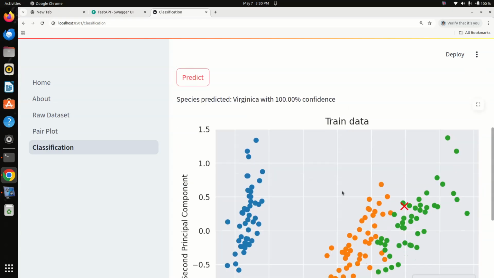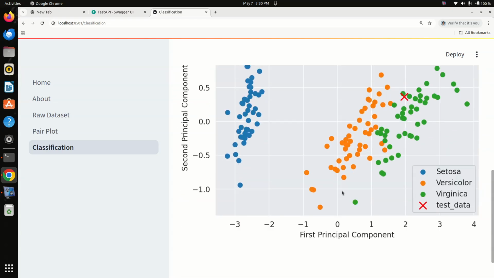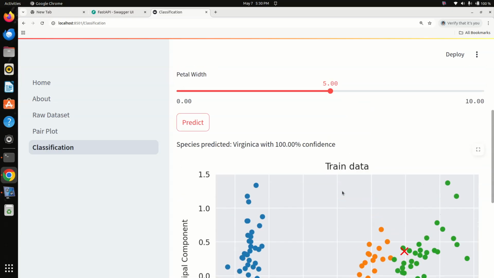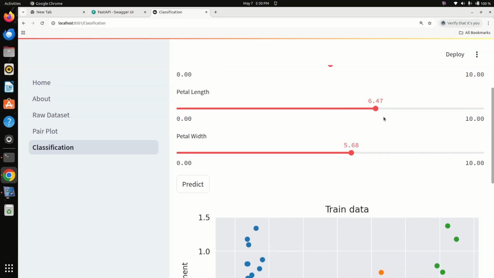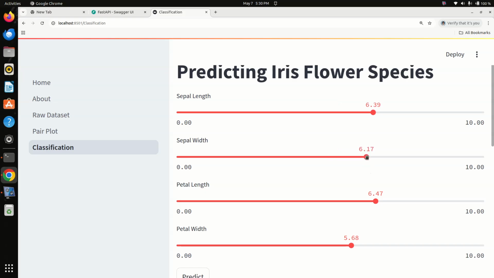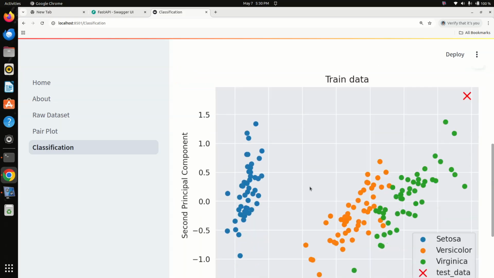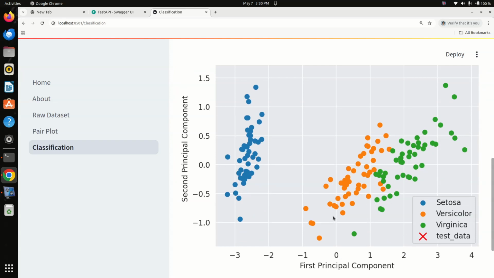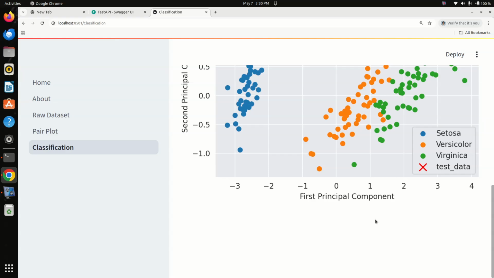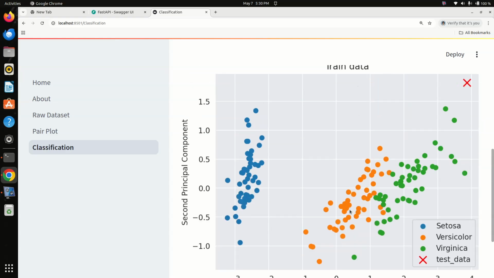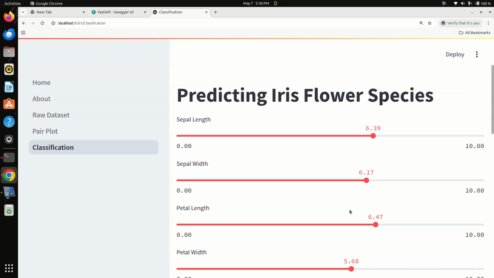Predict. Yes, something is changing. Now I will change 5.6, 5.1, and now predict. Yes, it has been changed. Something changed in there. First principal component. So I have successfully done FastAPI